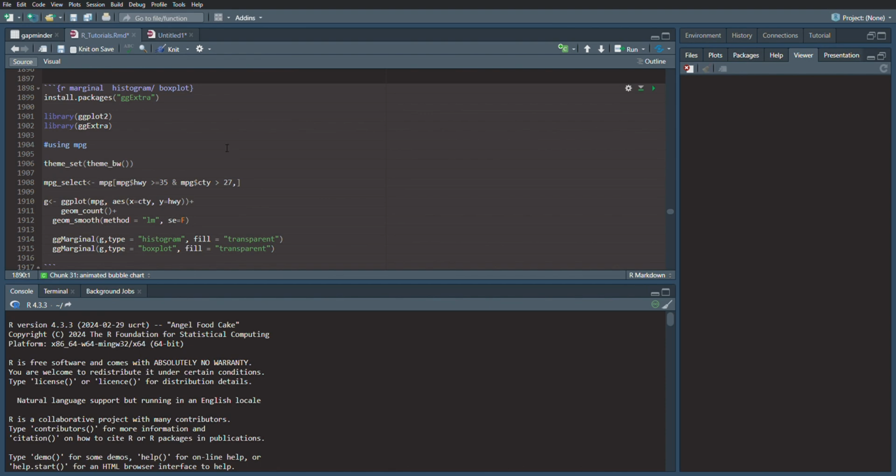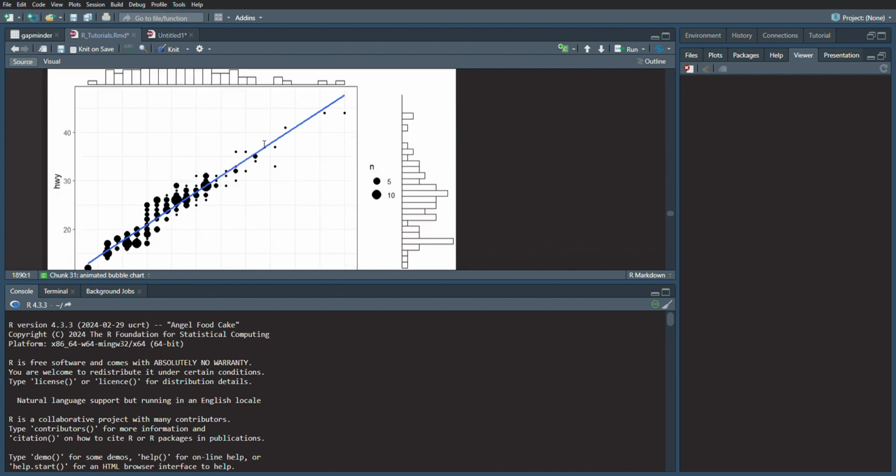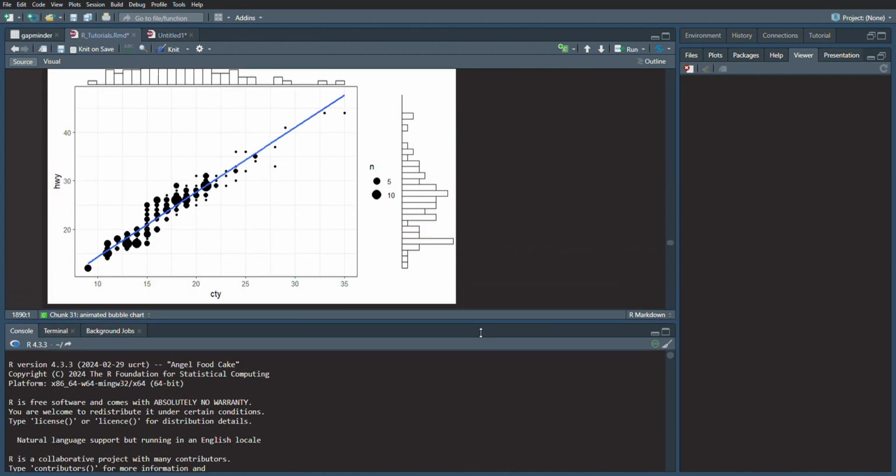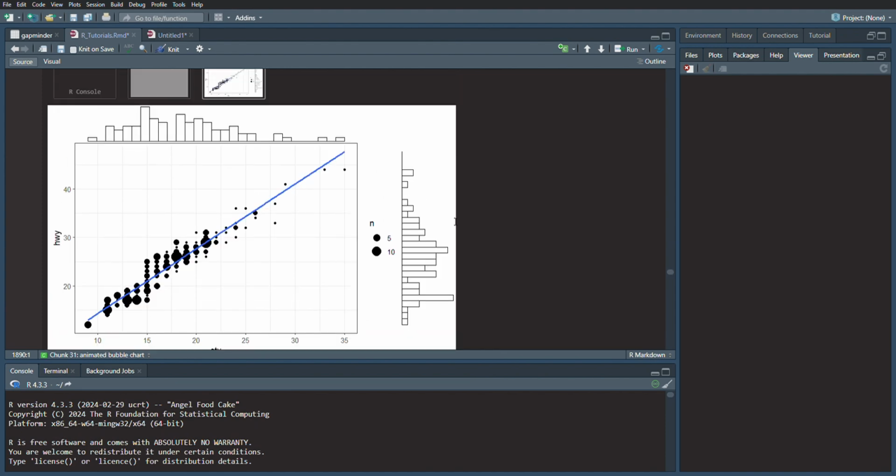Okay, today we're going to do a marginal histogram and/or box plot. What that means is we're going to make a dynamic plot that shows our linear regression, the distribution of points, and on the outside of your figure you're going to see something like this. By the end of this video you should be able to make this figure